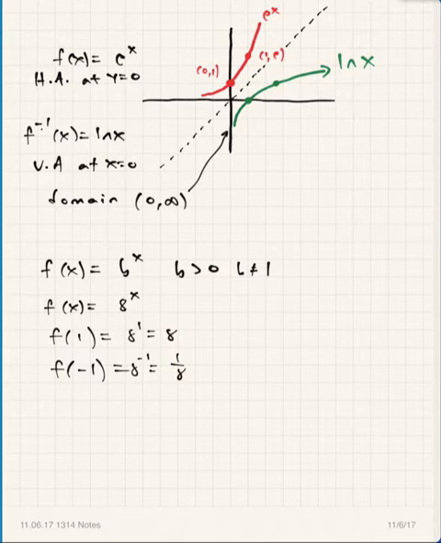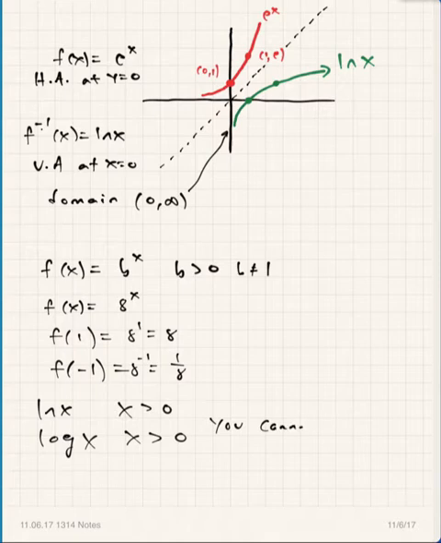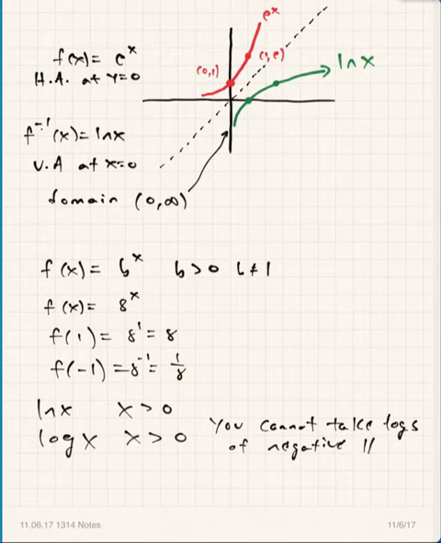And so what do you have for the natural log function? x has always got to be greater than 0. For the common log function, x has always got to be greater than 0, right? You cannot take the logs of negative numbers. That's probably the thing to take from this altogether. You cannot take logs of negative numbers, right? Those are not in the domain for these functions. Something probably to highlight right there.